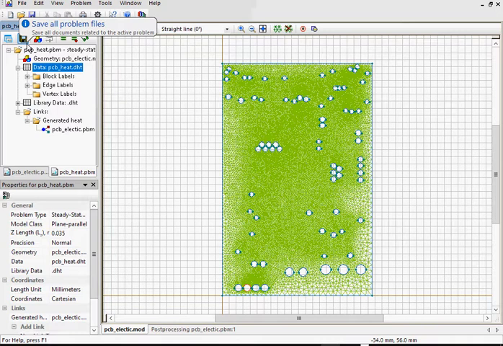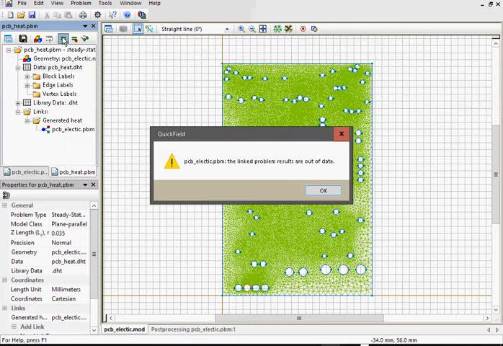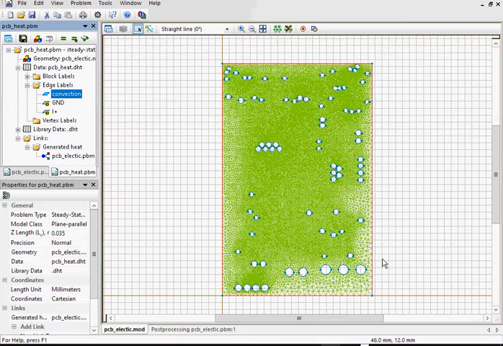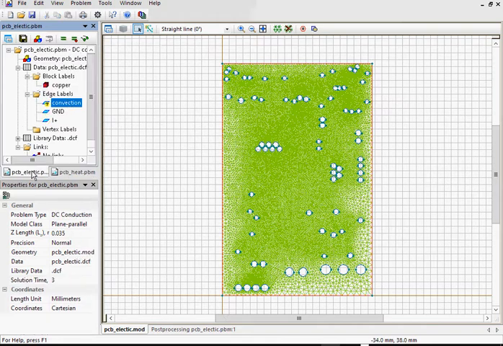Let's save all simulation files and run the analysis. And we get the error. The linked problem results are out of date. What does this mean? Remember, both problems share the same geometry model file, and I have modified the geometry model. I assigned new label to these edges, and I have specified physical properties to this label in thermal problem, but I have not assigned any properties in electric problem yet. So I should go back to electric problem, and for this label,